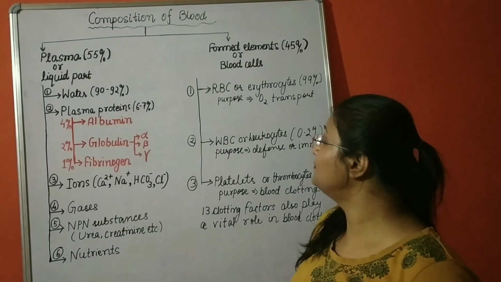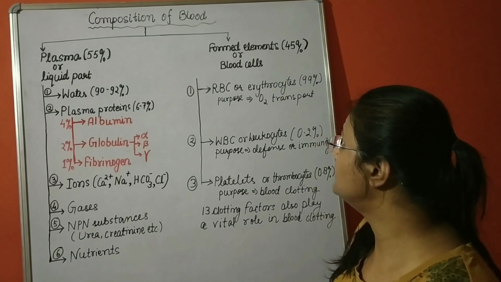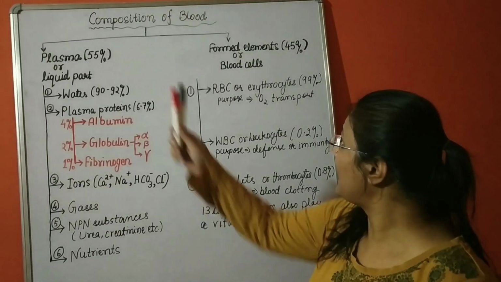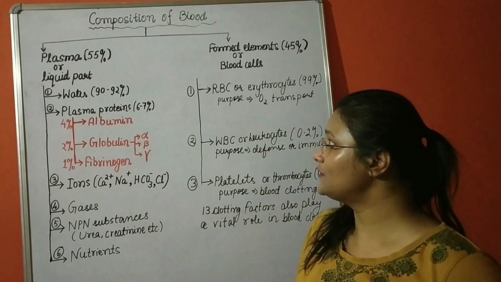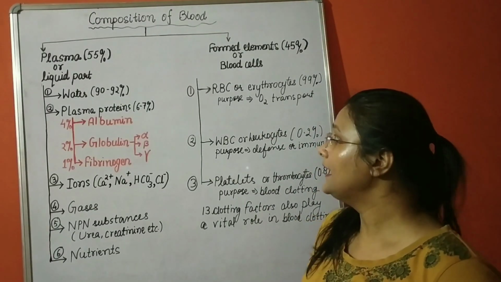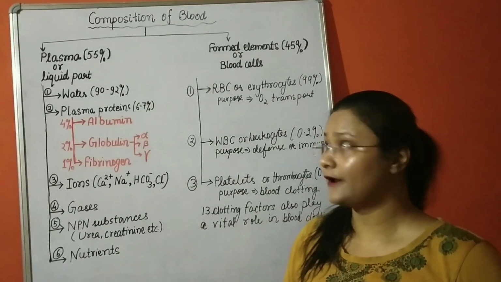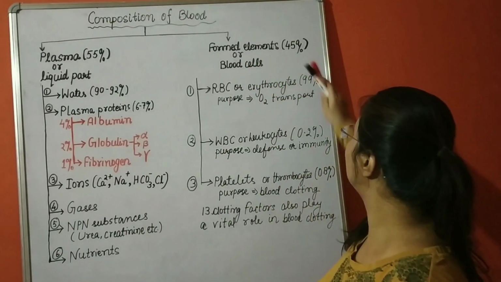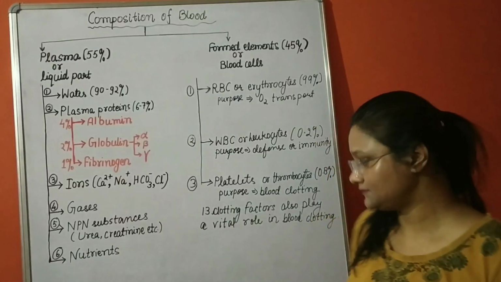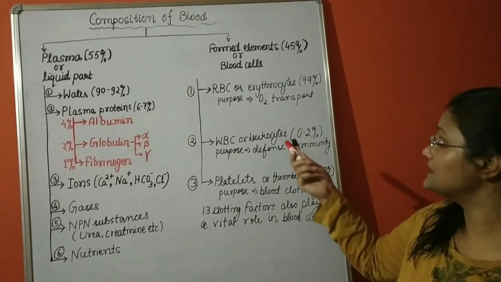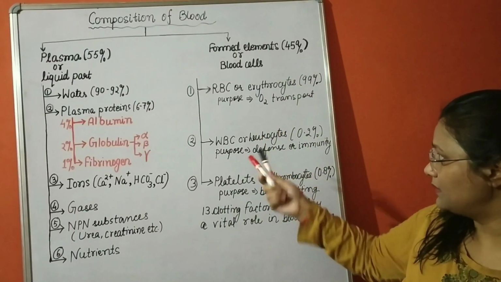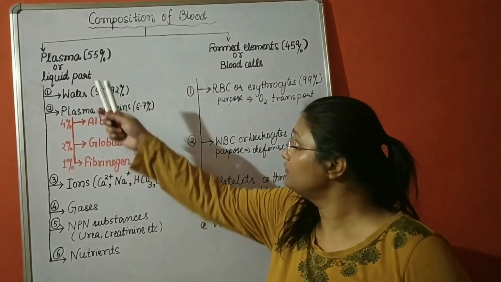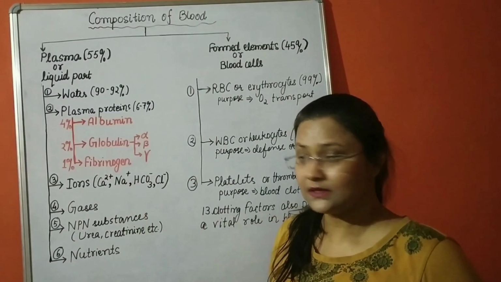So the blood in our body, which is known as soft tissue, comprises two parts: plasma part, which is known as liquid part. It is 55% in our body. Formed elements or blood cells are 45% in total, like red blood corpuscles, white blood corpuscles and platelets. Now, out of this 55% part,